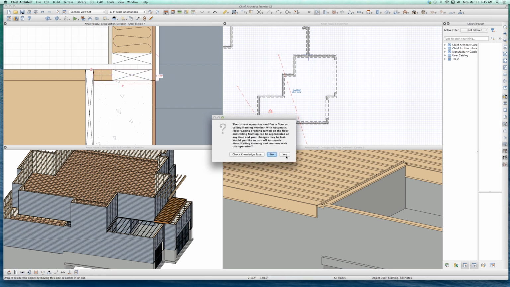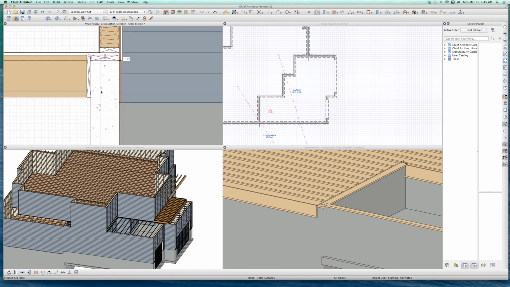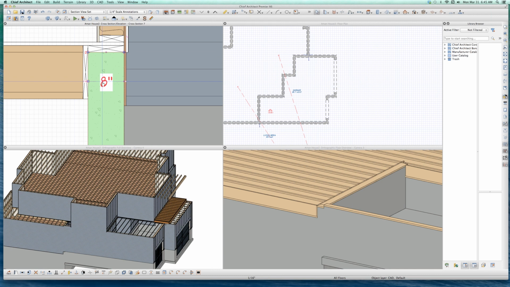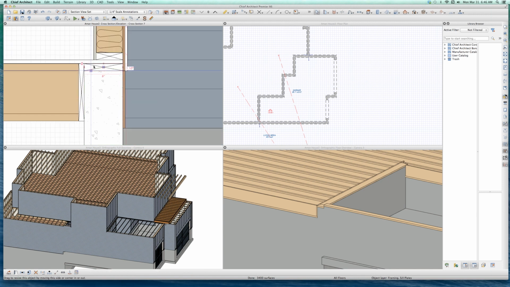I hate this. I wish Chief would get their act together and say, okay, you got this wall here, what size sill plate do you want on it? Because the question is, what decided the height of that sill plate? I mean, the width of it. What decided the width of that sill plate? We know that my stem wall is 8 inches, but what decided the width of that stem wall? I'll tell you what dictated the width of that sill plate, and that would be